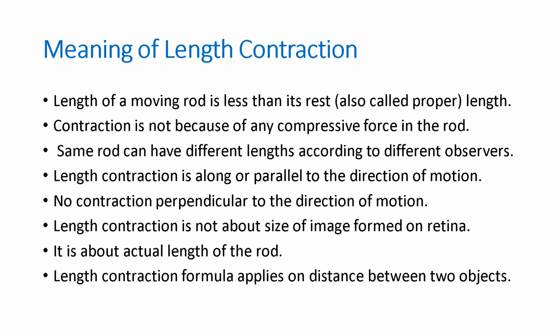Suppose that you keep a rod on a table. You are standing next to the table. For you, the rod is 1 meter long. Another observer is moving at 50% of the speed of light parallel to the length of the rod. And a third observer is moving at 80% of the speed of light parallel to the length of the rod. All the three observers will measure different lengths of the rod and all the three are correct.